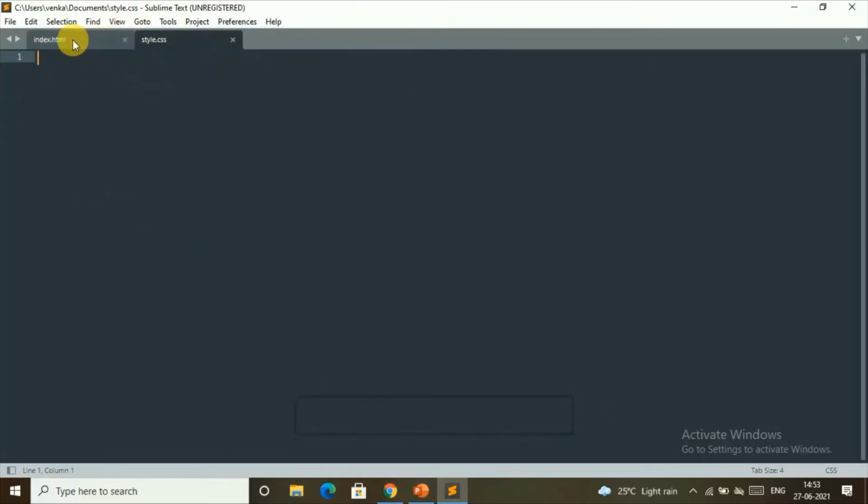Do this first and then get back to index.html. So these are two tabs where we want to write our HTML and CSS. Remember that we have saved these two files in the same single folder where we have added our logo and our background image.